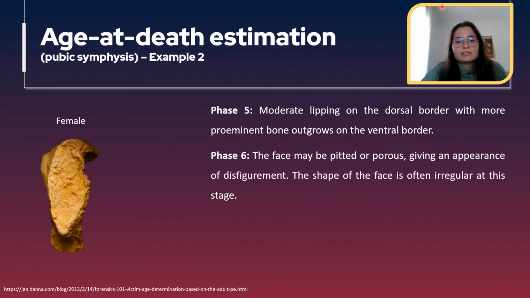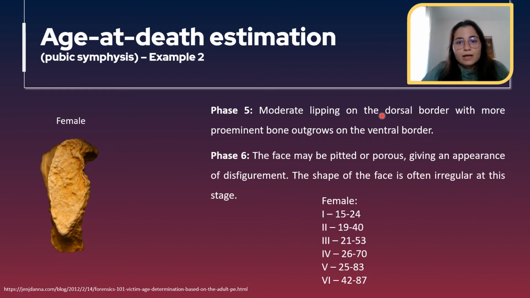And then in phase 6, the face may be pitted or porous, and we don't see any of this in this pubic symphysis. Also in phase 6, the shape of the face is usually irregular, and in this image we can still see the original form of the pubic symphysis. So this pubic symphysis is probably in phase 5, and that corresponds to an age range of 25